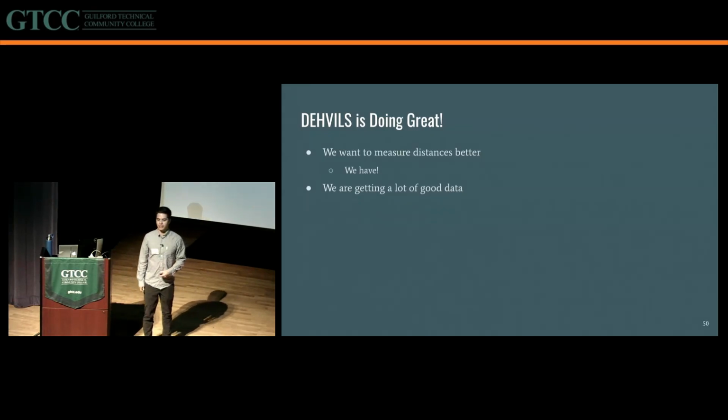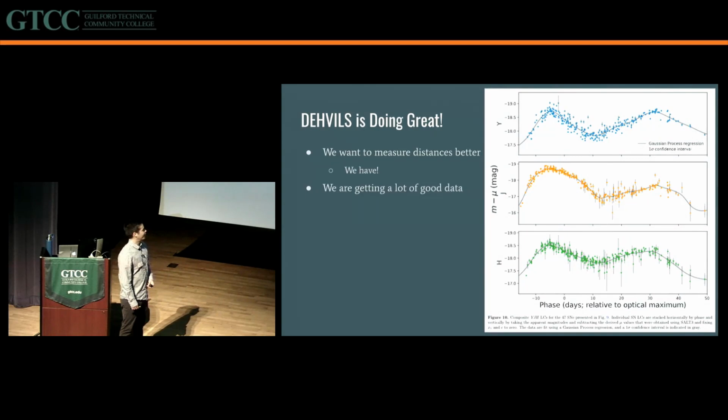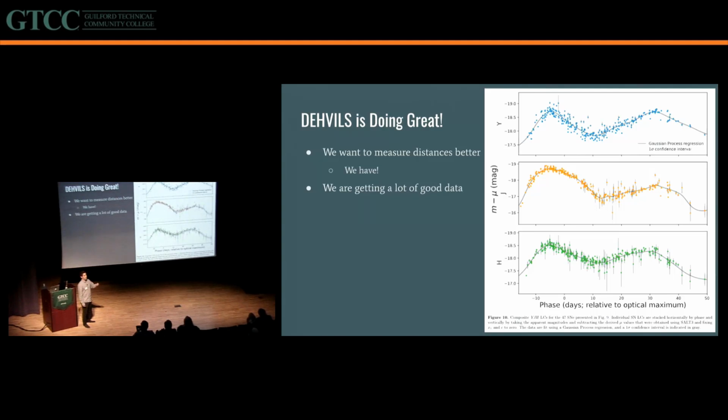We decided we want to measure these distances better, and we have. This is one of the final figures in my most recently submitted publication, showing that in the near-infrared, type 1a supernovae are extremely consistent in their outputted brightness, in their outputted luminosity. If you stack all of the observations on top of each other, you can see, especially here, this is the key, that they're remarkably consistent in how they explode and how much light they emit,